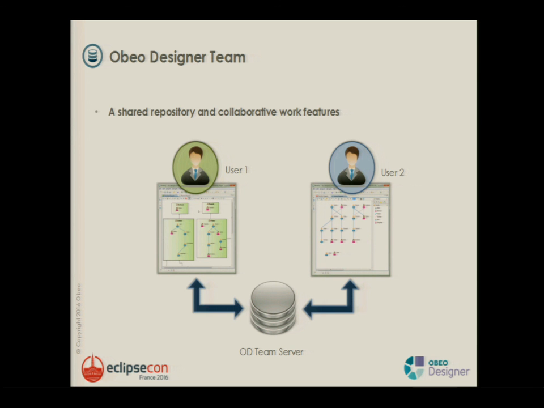And so how does it work? You have two users. This time the model is not stored locally on a laptop, but on a relational database, which is accessible remotely. Usually, we advise customers to put this server in their own hands to reduce the lag, because if you change an element and wait seconds just to do the notification with a server which could be on the cloud, it becomes erratic. So we prefer to do on-premise.